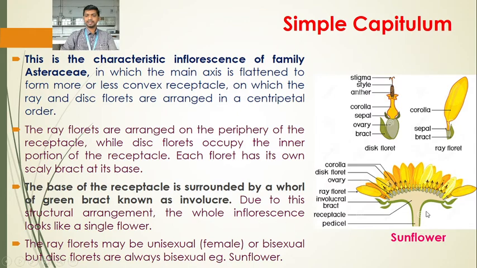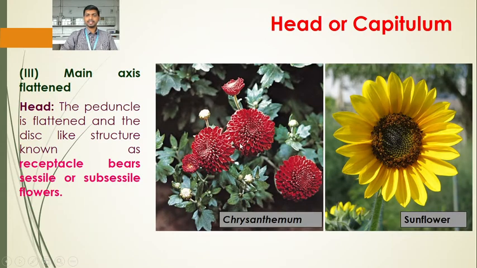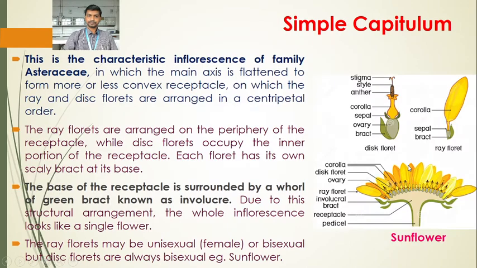If we see the chrysanthemum, we generally say that this is the flower, but actually it is an inflorescence. It is a group of flowers. This is the arrangement of flowers on a specialized shoot of the plant that we call the inflorescence. Here in the head type of inflorescence, this is the whole inflorescence, but we generally say it is a flower because it looks like a flower, but it is an inflorescence, in the case of sunflower also.